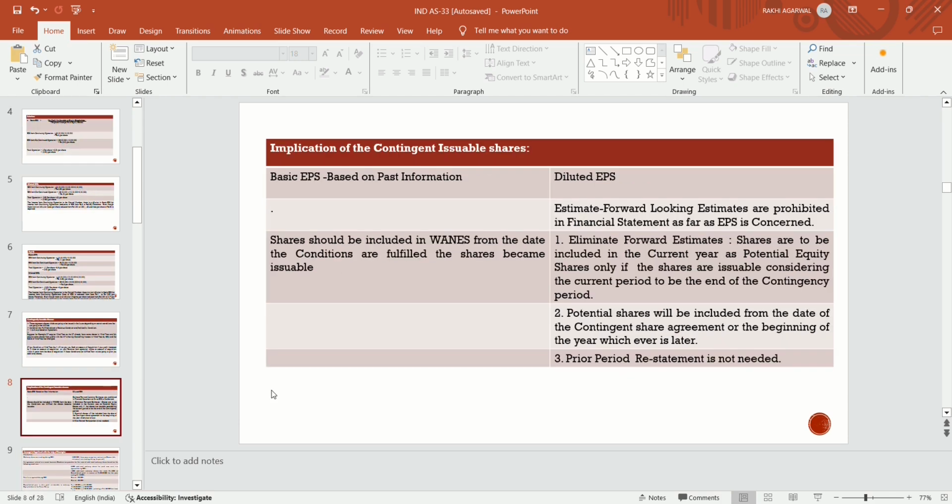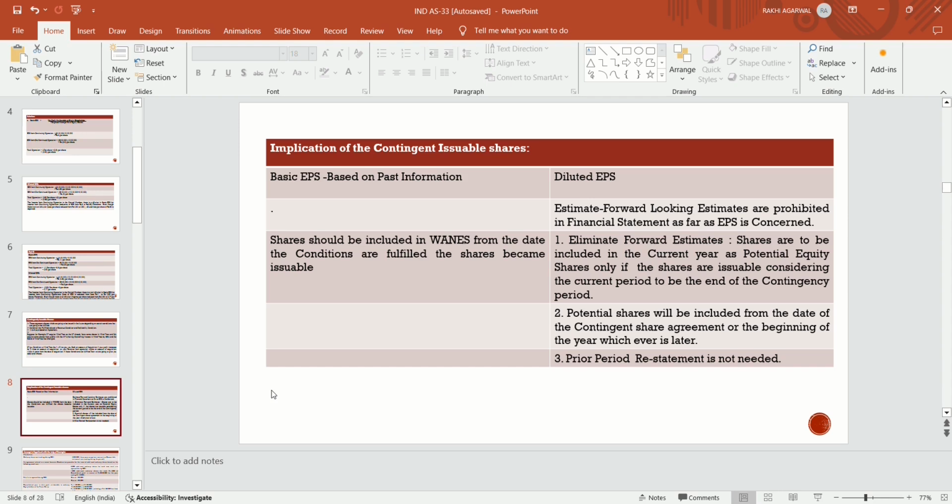What was the implication of contingently issuable shares? In case of basic EPS based on the past information, what was the implication of these shares? If the conditions are fulfilled, then what was the implication? Shares should be included in the calculation of basic EPS, the additional number of shares is included in the WANAS. From the date the conditions are fulfilled, the shares become issuable. Means when the conditions are fulfilled and the shares are issued,